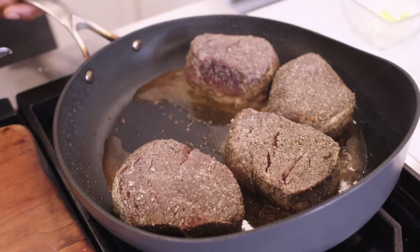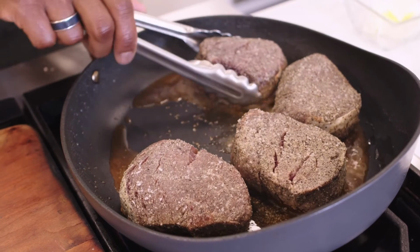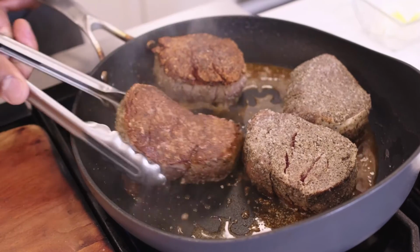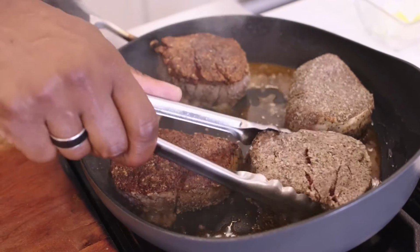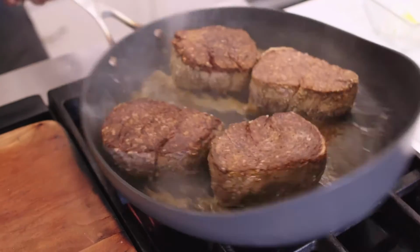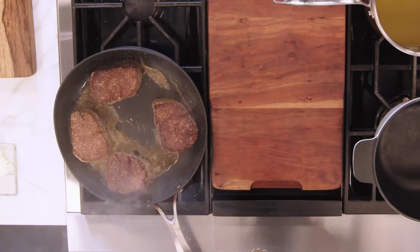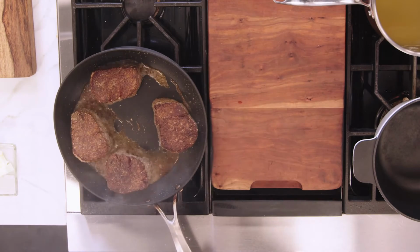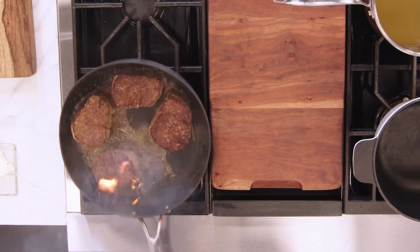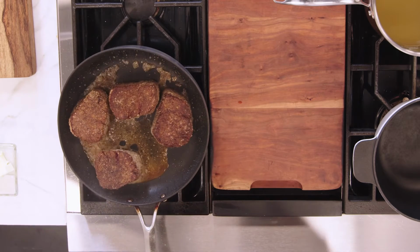Okay, so once you have the hard sear on the filet, you want to go ahead and flip. And you see that right there is what we're looking for, that nice caramelization, that nice char, and that's gonna seal in all of the juice, all of the fat, all of that flavor in the filet, and keep it nice and tender. All right, so once we flip it, we wanna go ahead and do a butter baste because